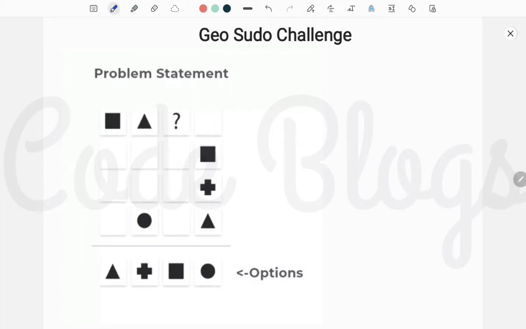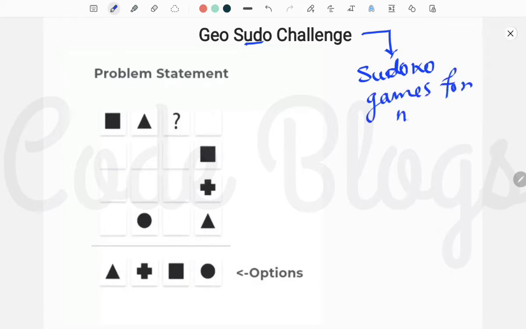Okay, so I think you all know what Sudoku is. Everyone may be playing Sudoku games with numbers. You are given a matrix, that means 3 by 3 or 4 by 4 or 5 by 5. This type of matrix is given, and there are numbers from 1 to 9, and